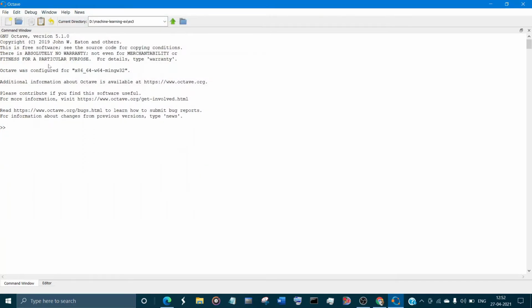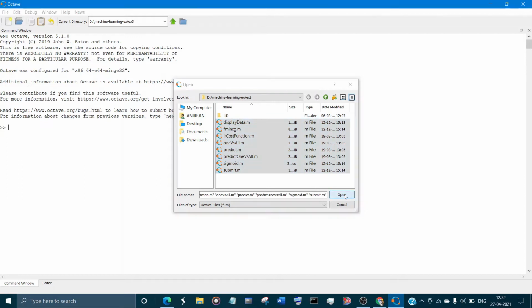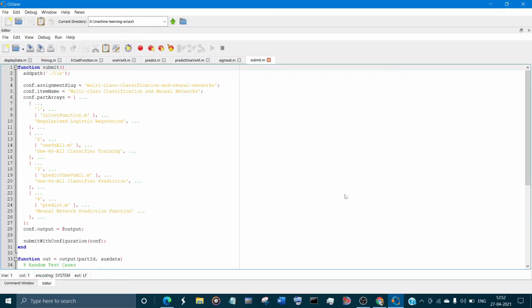After selecting this folder, go to file and click on open and just select these .m files. Don't select the lib folder, only select these .m files and click on open. Here you go, all your files have been opened successfully.